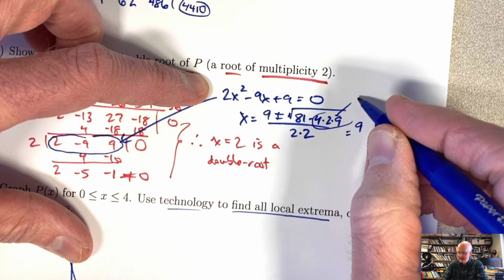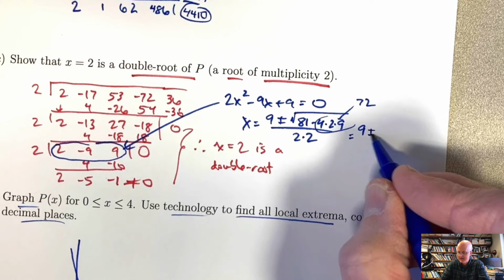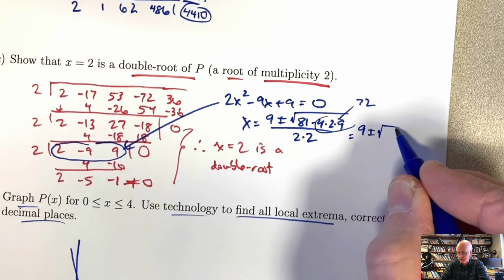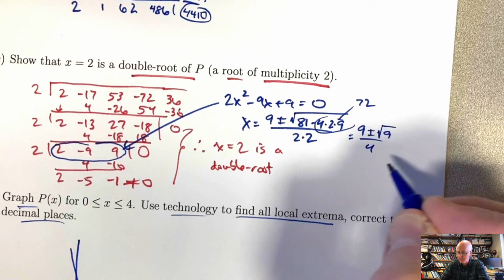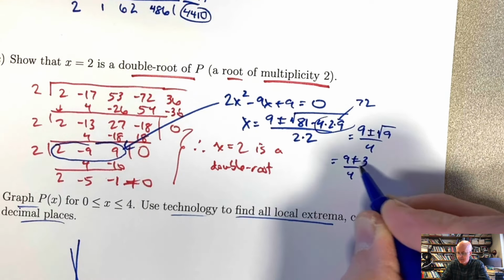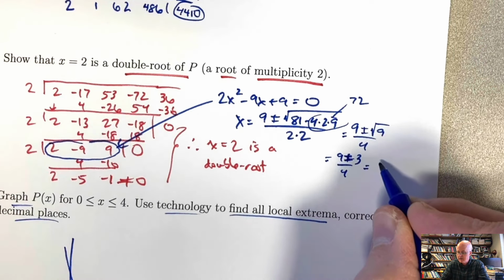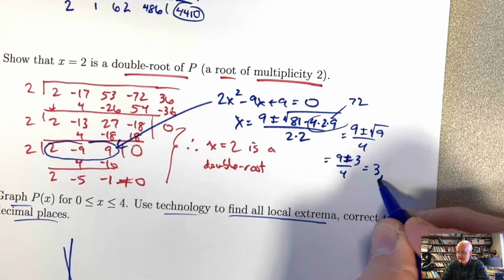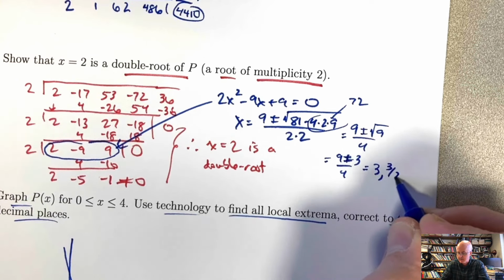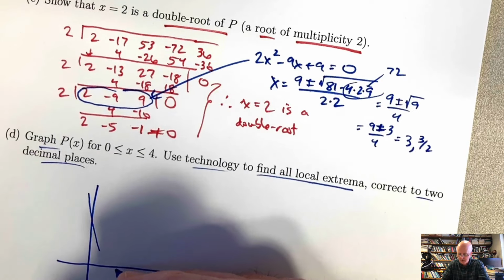4 times 2 times 9, that's 72. 81 minus 72 is 9. We've got 9 plus or minus square root of 9, which is nice, over 4. 9 plus or minus 3 over 4. The other 2 real roots are rational. 12 over 4 is 3. 6 over 4 is 3 halves, or 1.5. Okay, so that helps. Roots at 1.5,